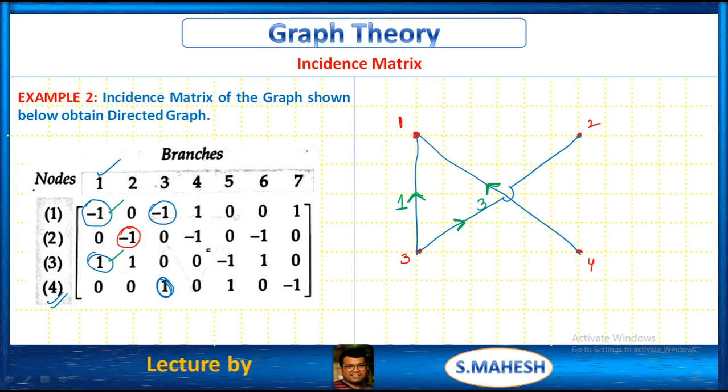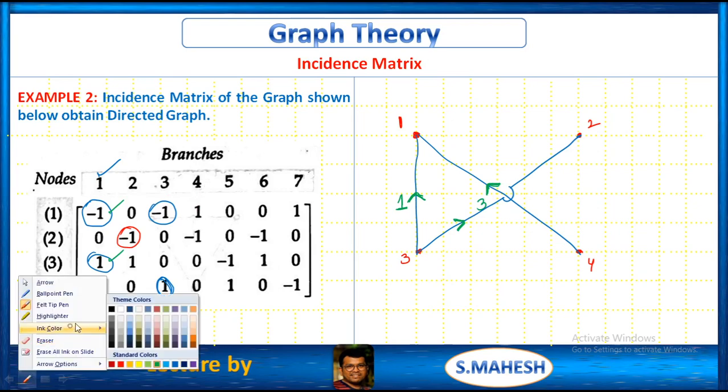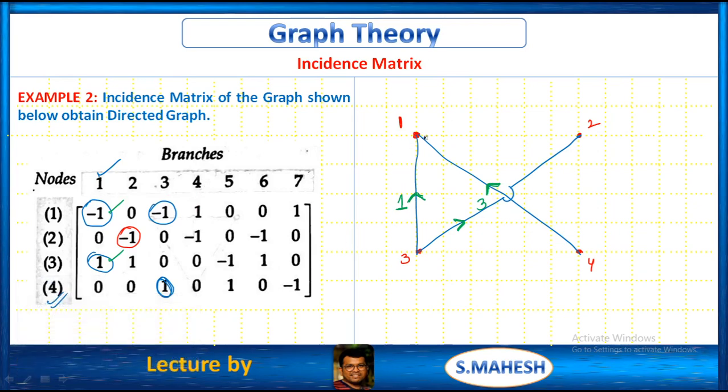Next, fourth branch, 4 1 is 1, 4 2 is minus 1. So between 1 and 2 only. Fourth branch is away from node 1. Therefore, like this. What is that direction? Away, right? This is 4. See, fourth branch is away from node 1. That's why we are having positive 1. Like that, fourth branch at node 2 is minus 1. See, it is towards this node. Current direction is towards node 2. That's why we are having minus 1.